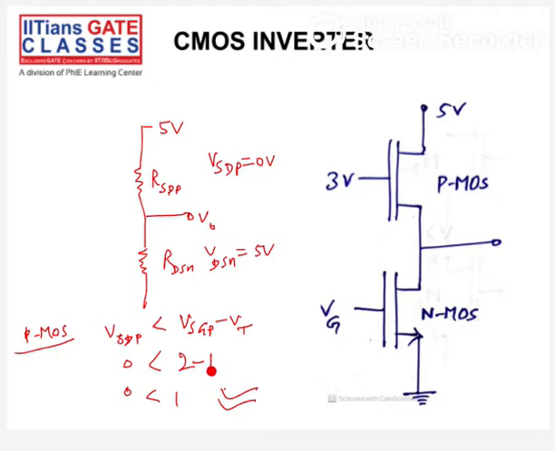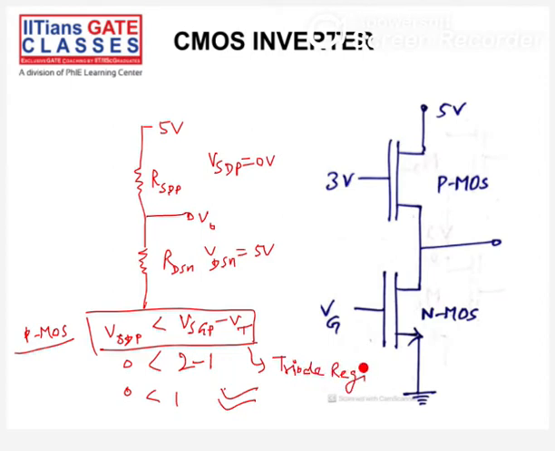In this case, VSD is less than VSG minus VT. It means it is the case of triode region. This condition is satisfied, it means this is the case of triode region. So our PMOS will be in triode region, and our NMOS, suppose it is in saturation. So for this,